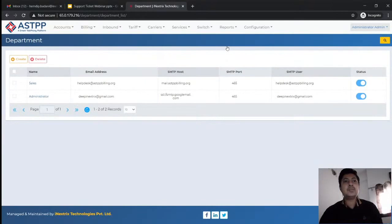So admin should be able to create a new department from the support ticket department module from here. If admin wants to add more than one admin into a particular department or the notification email address, then they can do it up to 5 additional email addresses. And admin can configure incoming email server configuration with the purpose that an organization can have different email addresses